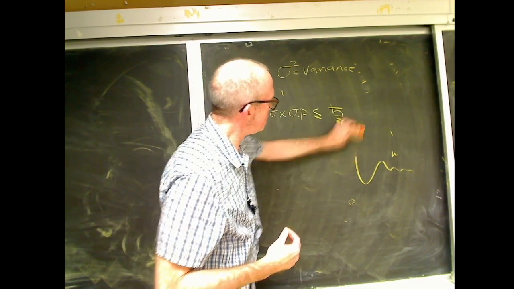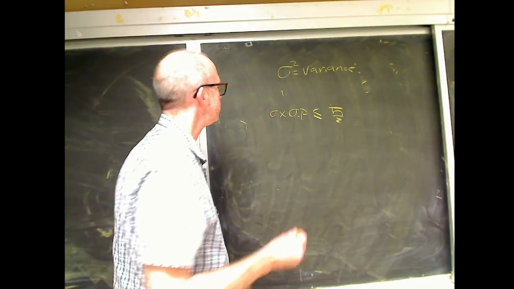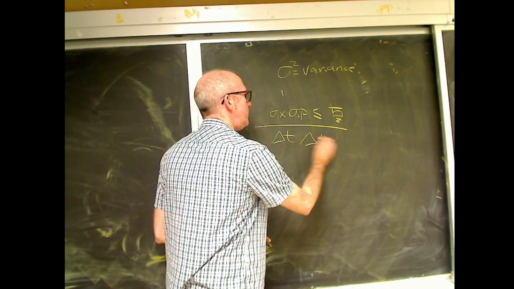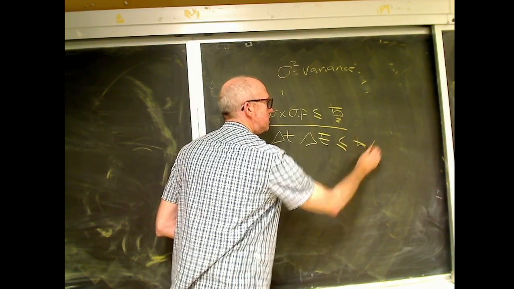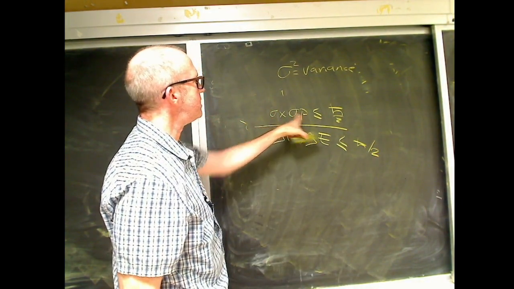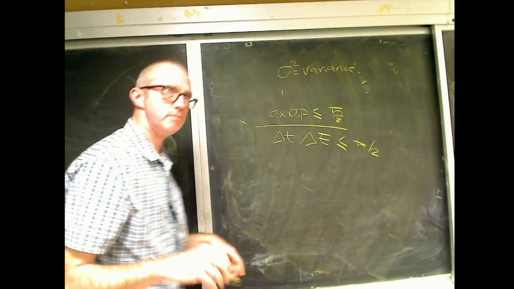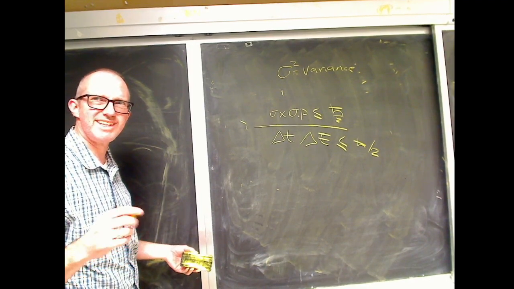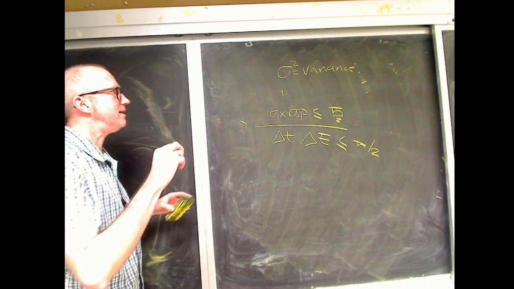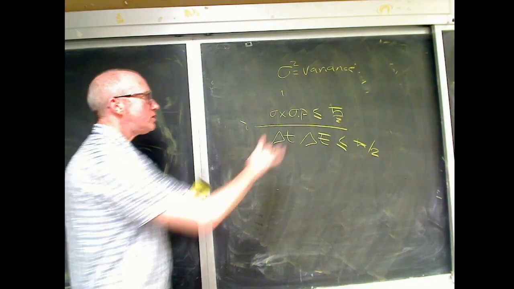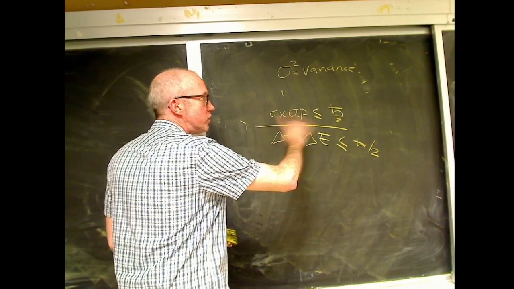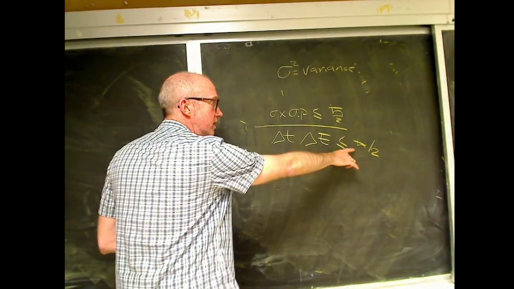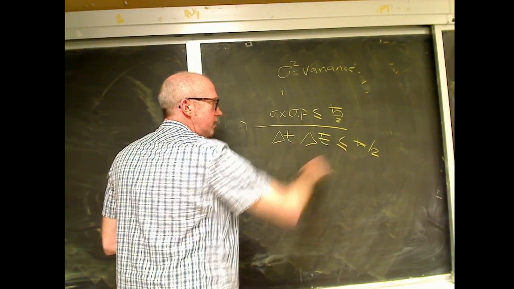So you can't know position and momentum at the same time. Similarly, you can't know time and energy at the same time. So the reason is that x and p are conjugate variables. You'll learn about this when you get to mechanics. Whenever you do Lagrangians in mechanics, which I think is in Mech 2, which you should all take. These two are conjugate variables. They're related to each other, and so their uncertainties are related like this. Time and energy are similarly conjugate variables, and their uncertainties are related like this.